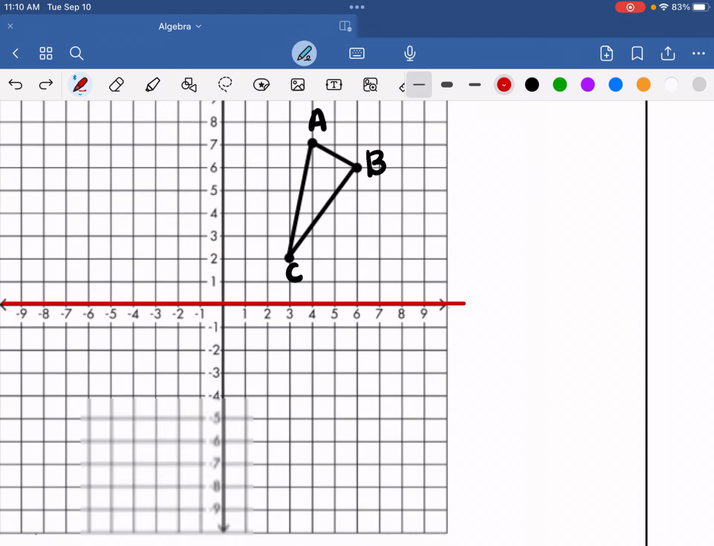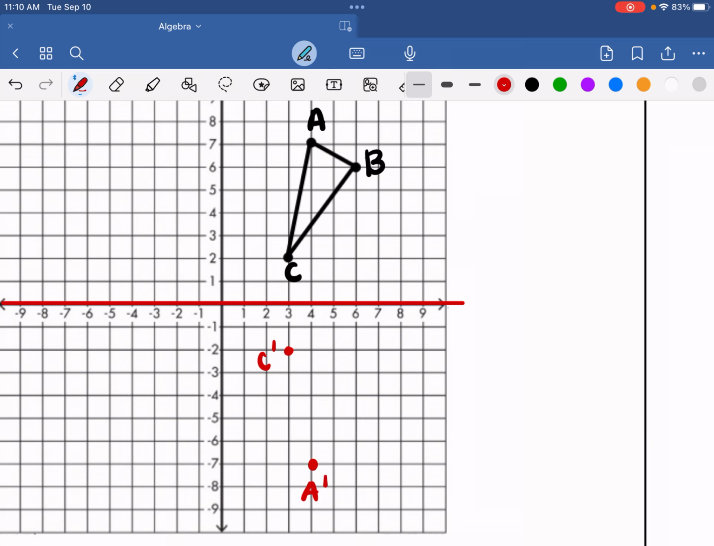So what you want to do is count how far C is to the line. 2. So now you do the same amount on the bottom. 1, 2. That's C prime. A is 1, 2, 3. Count to the line. That's going to be 7. So now you're going to do 7 underneath